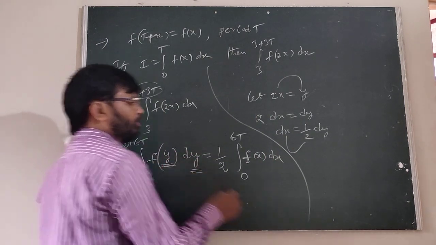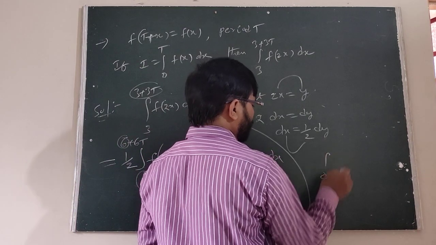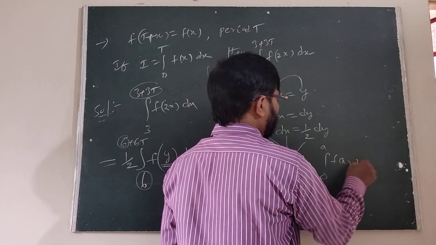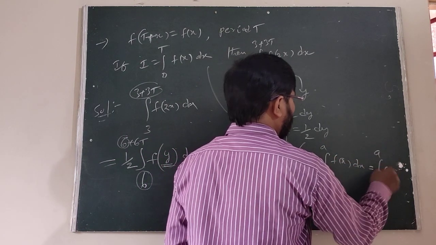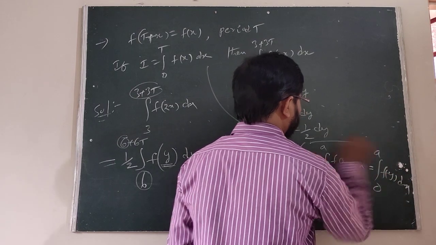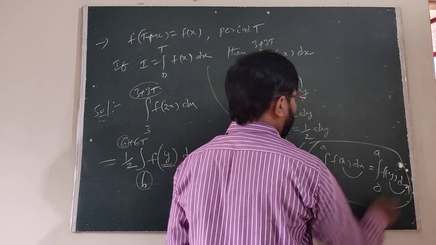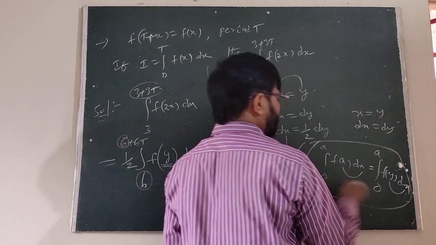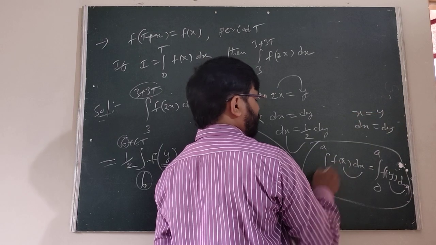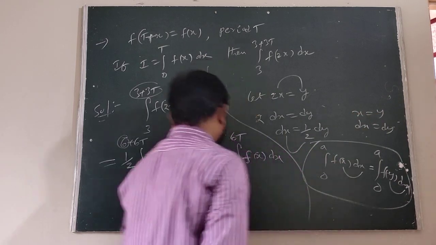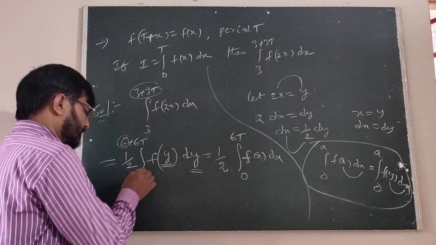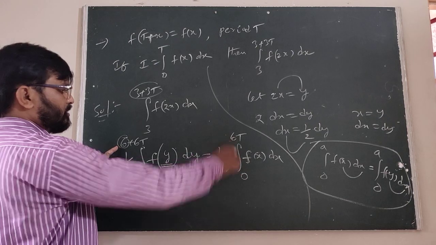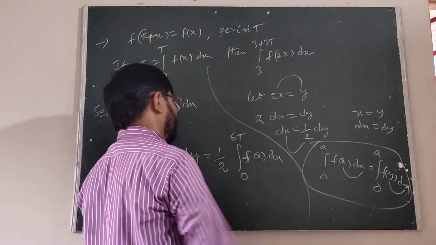All of you listen here: the integral from 0 to a of f of x dx can be written as the integral from 0 to a of f of y dy. We can interchange the variable, since when we take x equal to y, dx equals dy and the limits are the same: x equal to 0, y equal to 0; x equal to a, y equal to a. Therefore, as per the property, the lower limit and upper limit are equal. Therefore 6 minus 6 is 0, this is the 6t. Therefore f of x dx.